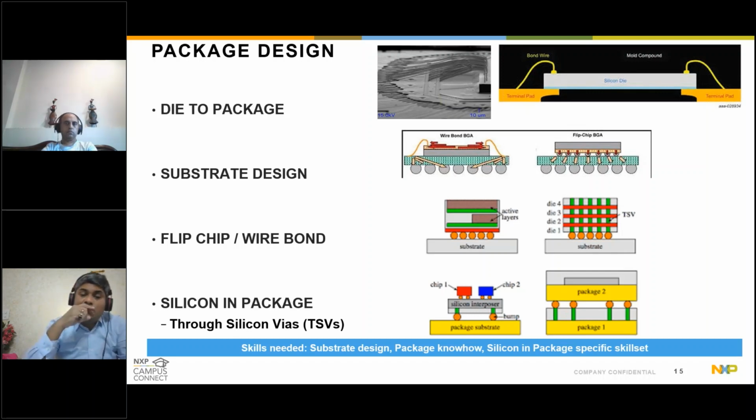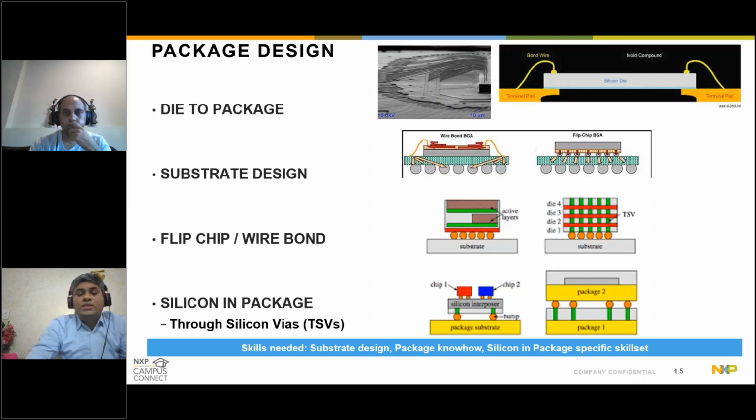Then the other thing is system in package. Nowadays, just as there is SoC, system on chip, now we are doing system in package. That means, can we marry two different SoCs, which in themselves are completely independent components in their own full right, and they reside in the same house, in the same cage, to have certain performance benefits? That is the packaging world. And we have special technologies such as system in package. How do we put two dies together on a single package so that they become actually a master component of maybe more than one die together?